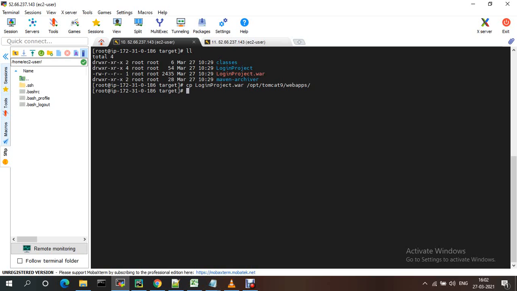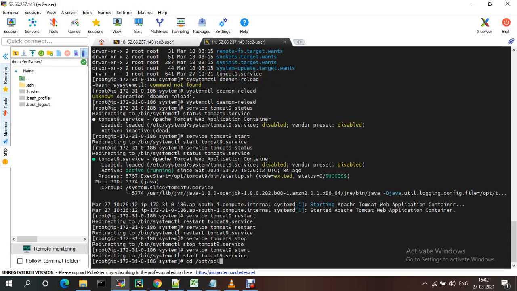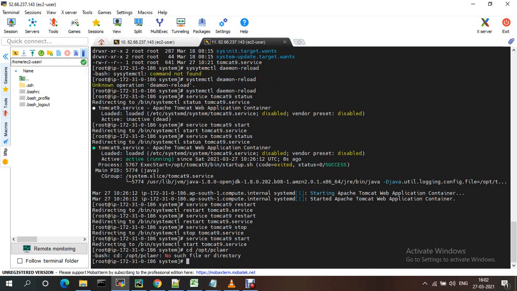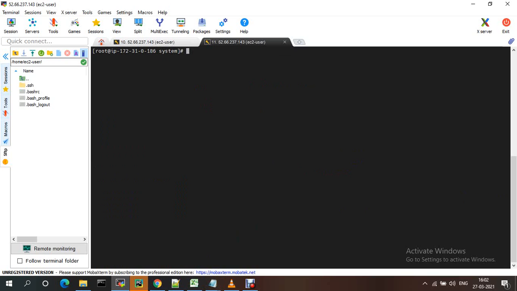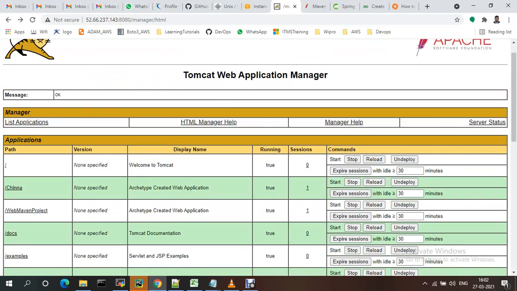Okay, let's do service tomcat9 restart. The Tomcat will be restarted automatically.